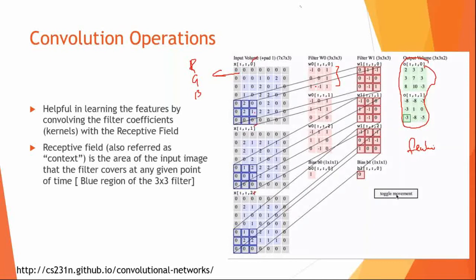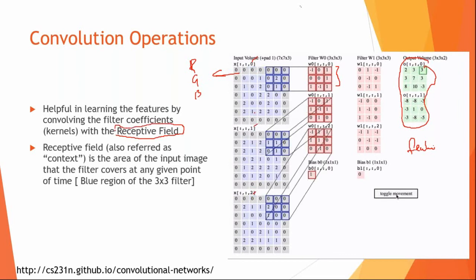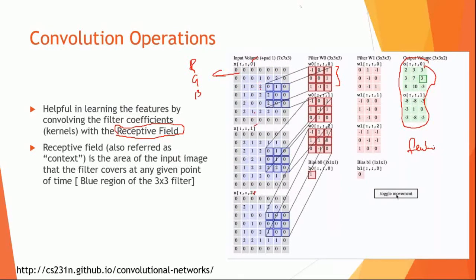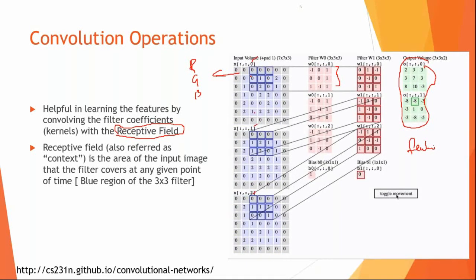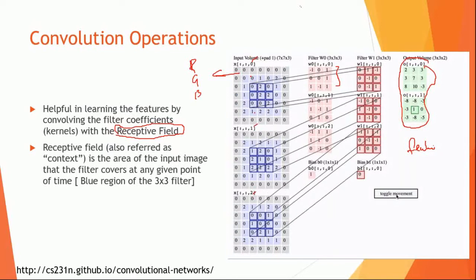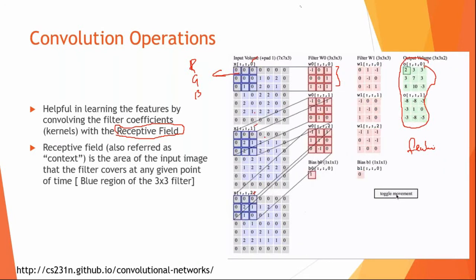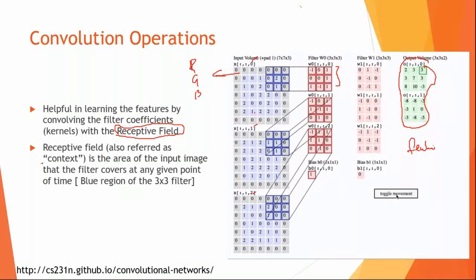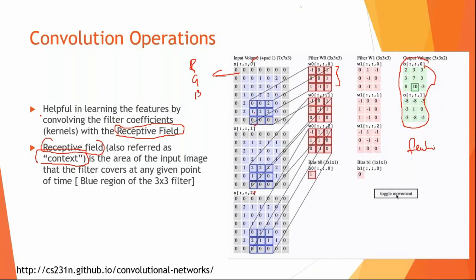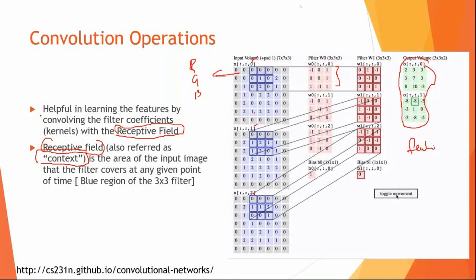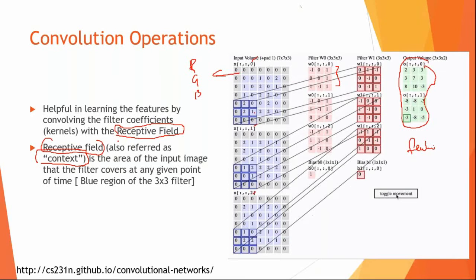So, certain terms that you need to know. What is this word called receptive field? The blue region which covers the input image is called the receptive field. That is the field the kernel is looking at to extract the information. It is also called the context information. If you read some papers, you will come across this word, receptive field. It is nothing but the field at which the convolution sees. So in this case, it's a 3 by 3. The blue region as it passes through is your receptive field.